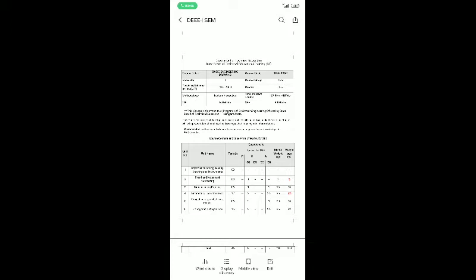So I am giving you the explanation about the model, how the model paper will be in engineering drawing. As you can see on the screen, it is written as DEEE, but it is not only for DEEE. It can also be helpful for all the branches in polytechnic diploma.